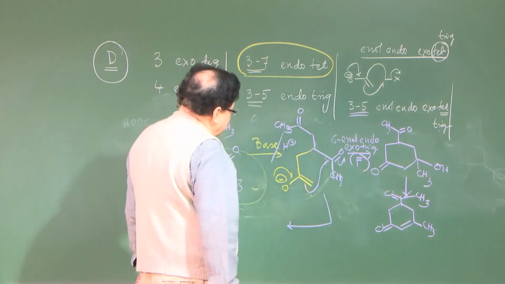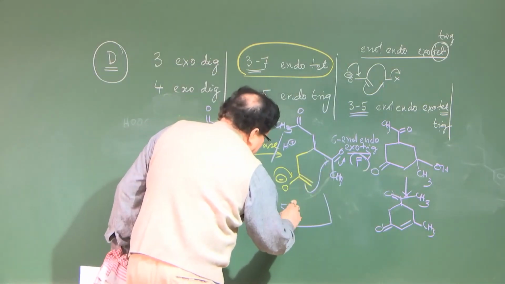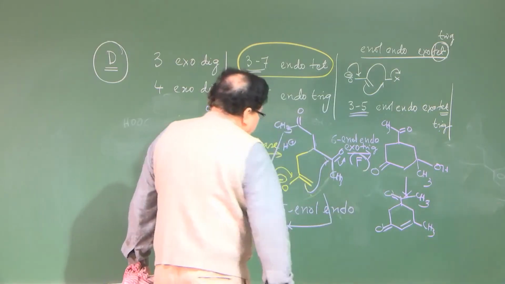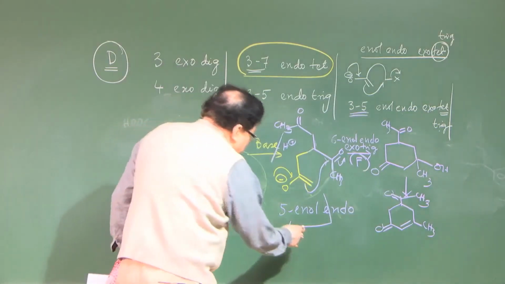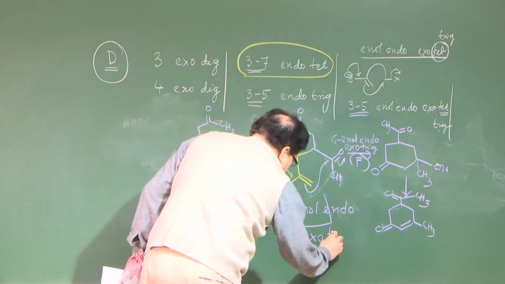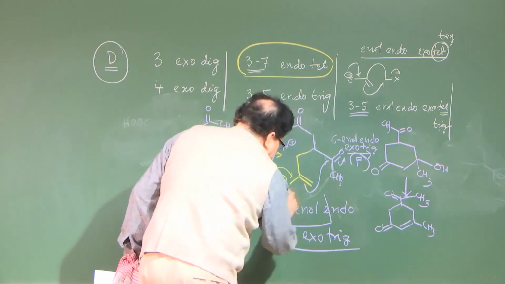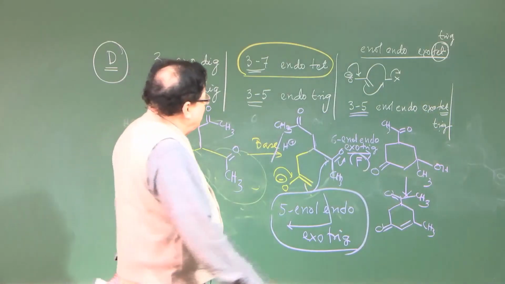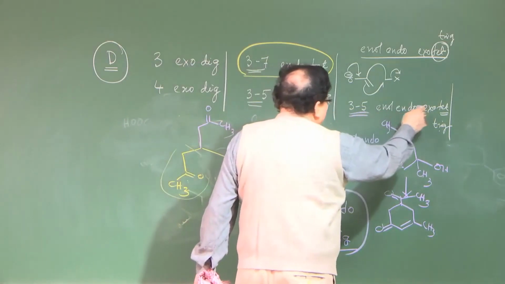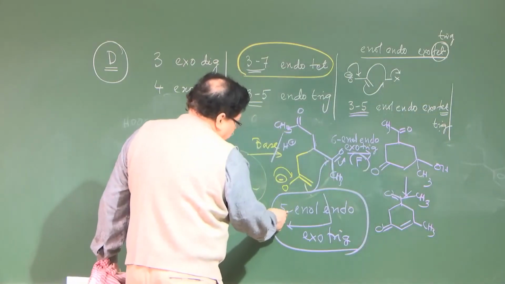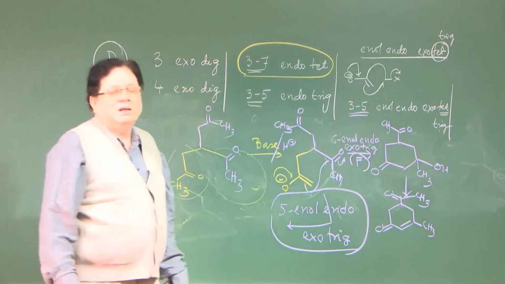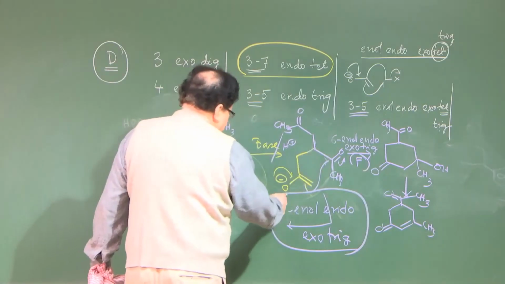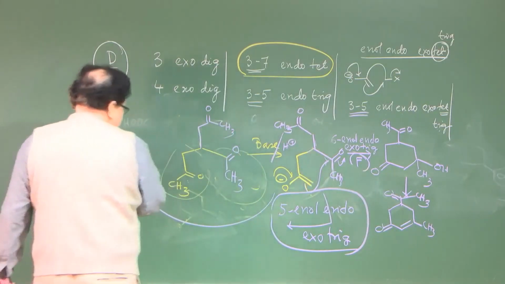The process is basically, again, a 5 enol endo exo trig. Is that allowed? Is that favored or disfavored? What it says is 3 to 5 enol endo exo trig. So, this is 5 enol endo exo trig, and that is not a favored process. Okay. So, whatever product comes out of this, I can write that the